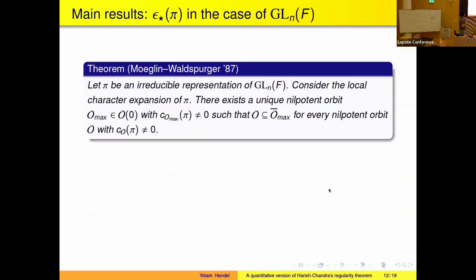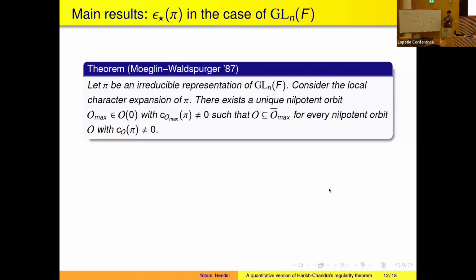Good. So let's continue discussing the case of GLN. We talked about integrability exponents of Fourier transforms of orbital integrals. Now we want to say something about representations. So we have this result due to Moeglin-Waldspurger. Essentially it says that if we have an irreducible representation of a p-adic group, of GLNF,